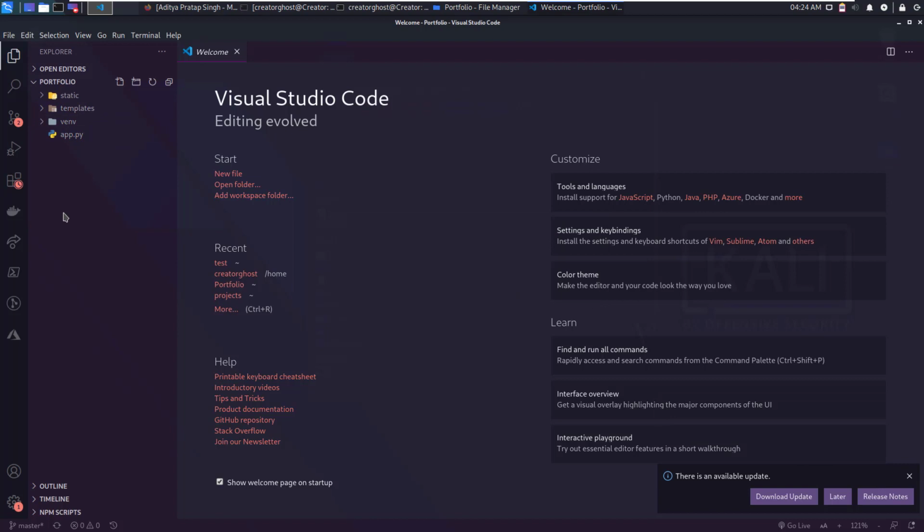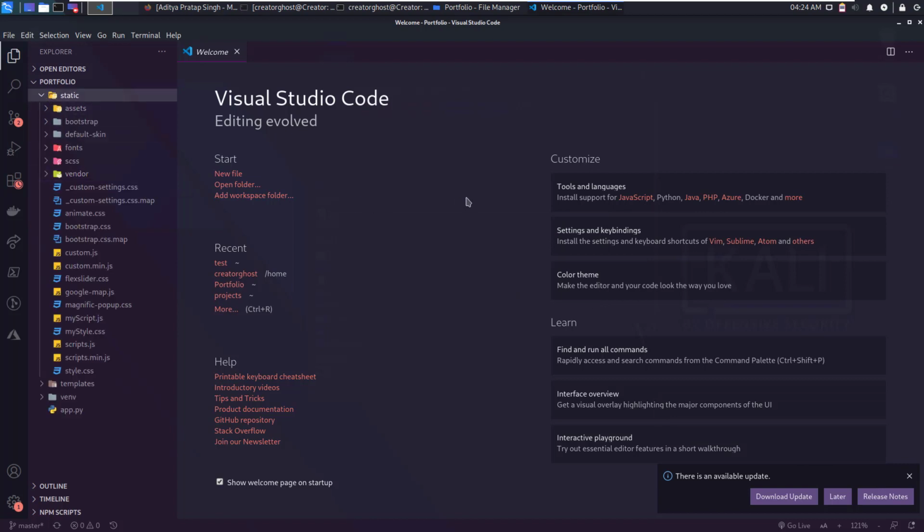Now we are left with three folders. This is a static folder that is responsible for storing your CSS or JavaScript files or even the Bootstrap file.